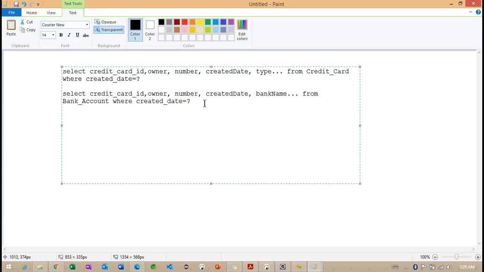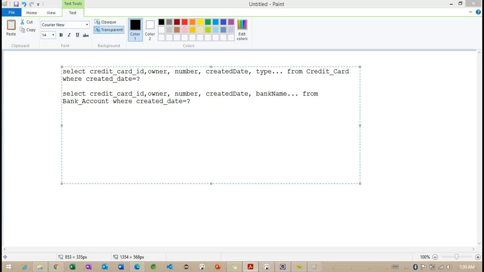But here, the same query is not going to work for both the classes here or both the tables here. So whatever query we are going to write here, the query needs to work on the two tables here. So what are the two tables we are having? First one is a credit card, another one is a bank account here, right? When we are trying to work with the inheritance concept here, when we create an abstract class with some subclasses information, what is our drawback we are identifying here? For each class, we need to create a separate query here, right?